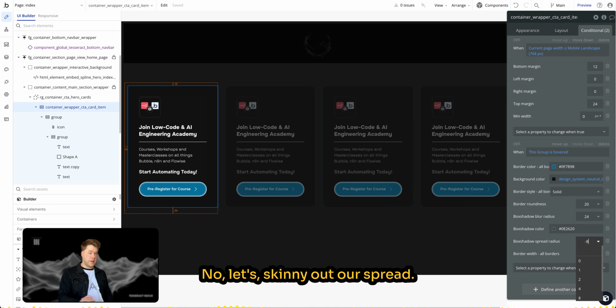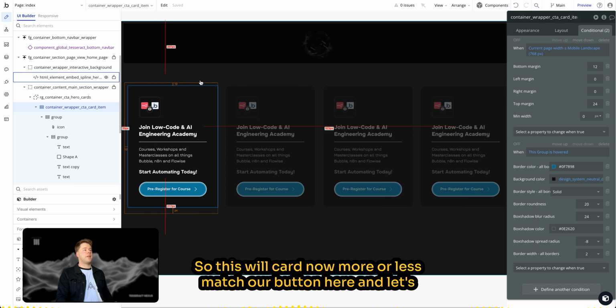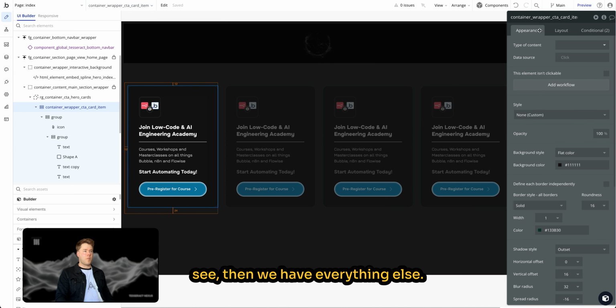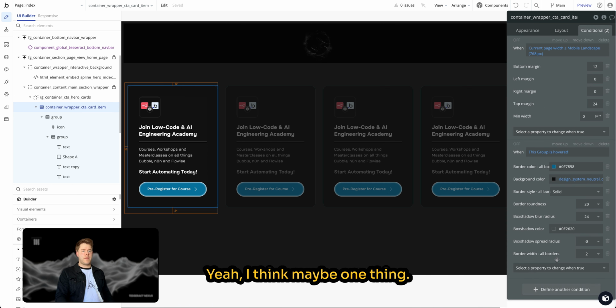No. Let's skinny out our spread. And you'll see the effect in a second. And then, yeah, border width can still be fine. So this card now more or less matches our button here. And let's see, then we have everything else. Yeah. I think maybe one thing